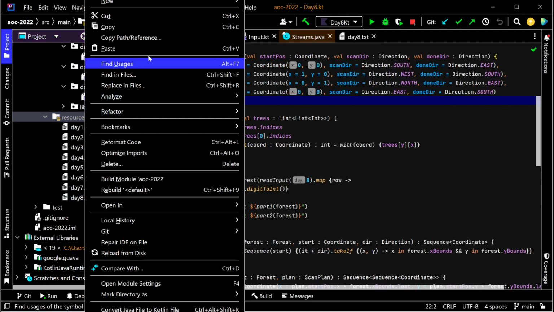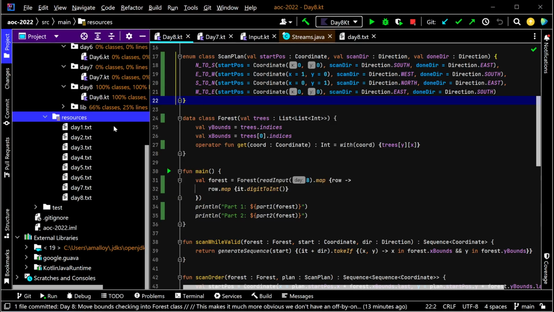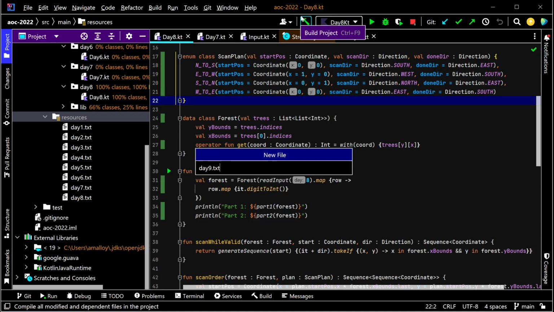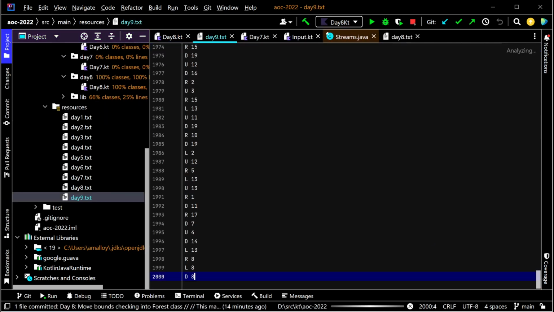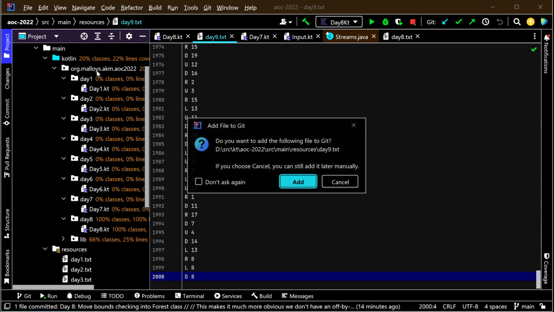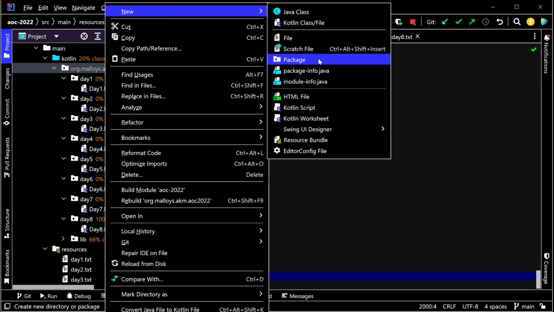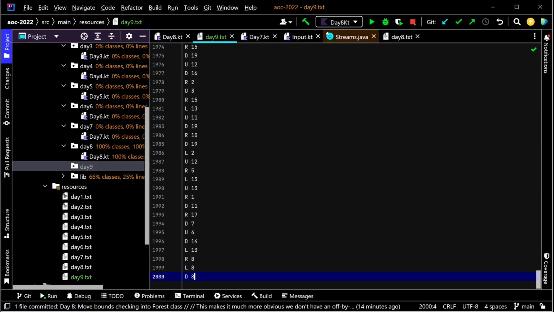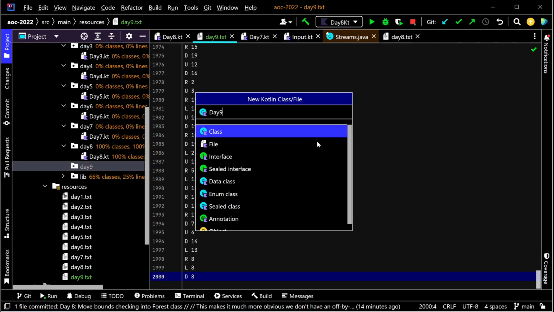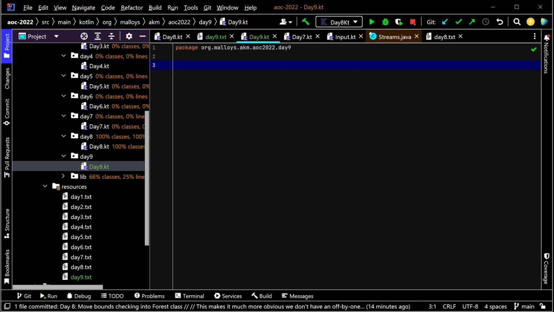And put that in day9 dot, what? No, do not delete directory. New file, day9. Cool. And yep, sure, put it in git. New package day9, new file day9. Cool. Yes, put that in git too. So,